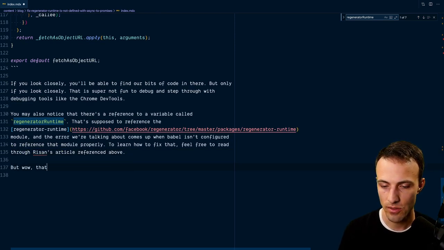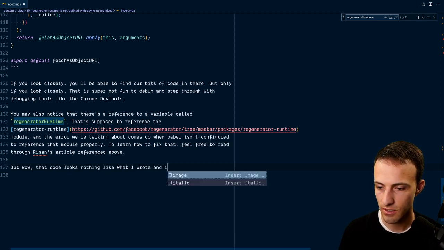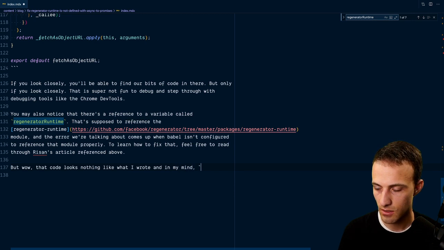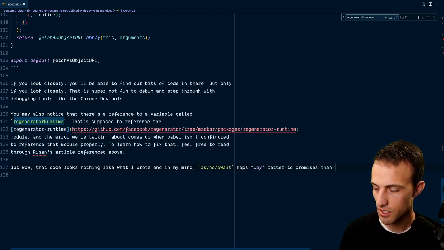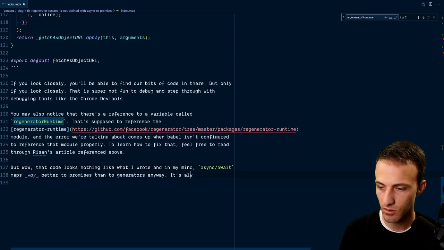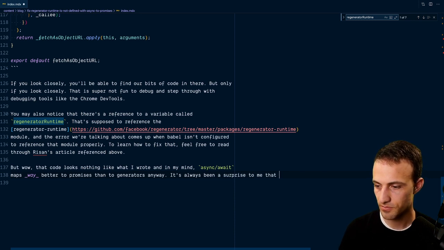But wow, that code looks nothing like what I wrote, and in my mind, async await maps way better to promises than to generators. Anyway, it's always been a surprise to me that,